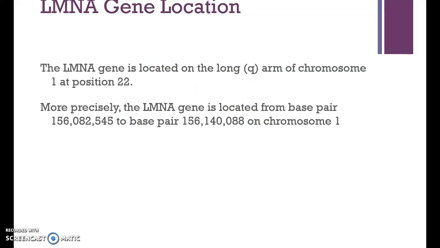Lamin A gene location. The lamin A gene is located on the long q arm of chromosome 1 at position 22. More precisely, the lamin A gene is located from base pair